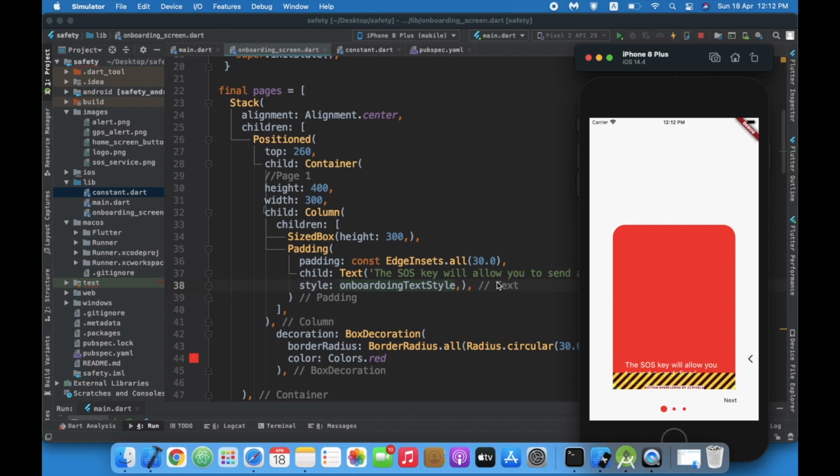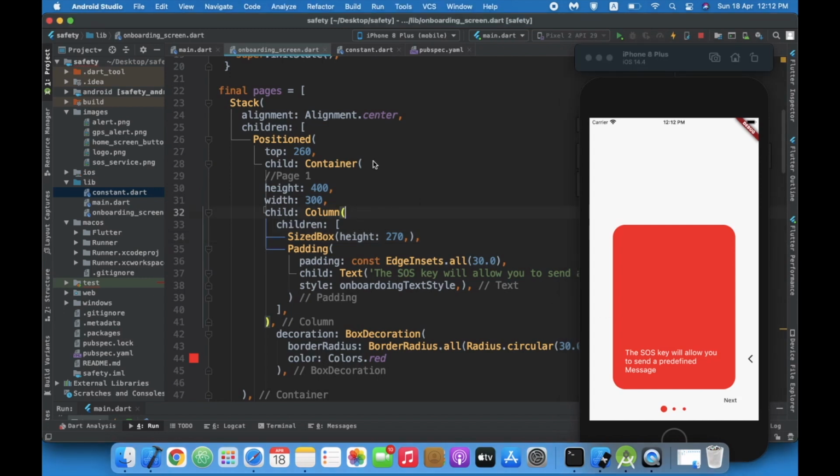Okay, this is going a bit below. Okay, the SOS key will allow you to send a predefined message. Okay, good till now. Let us add the image.